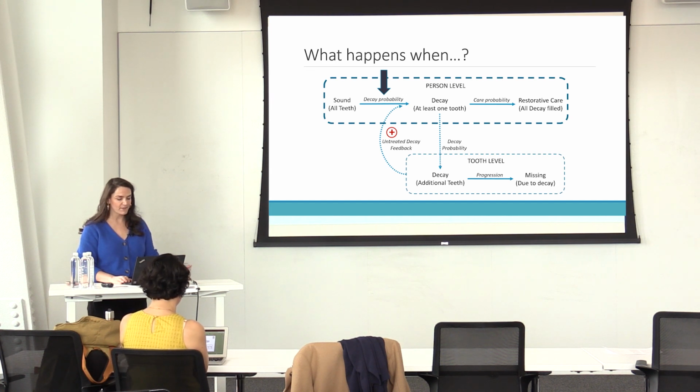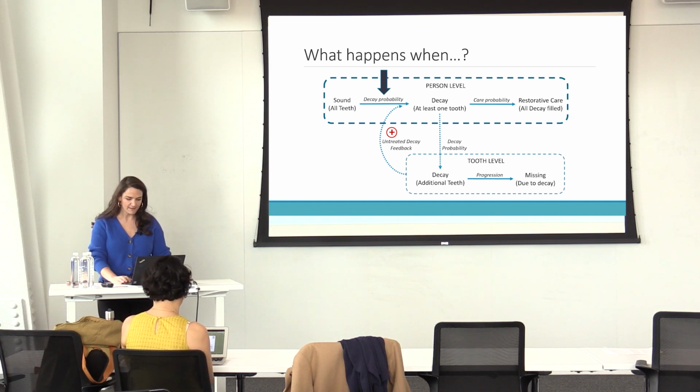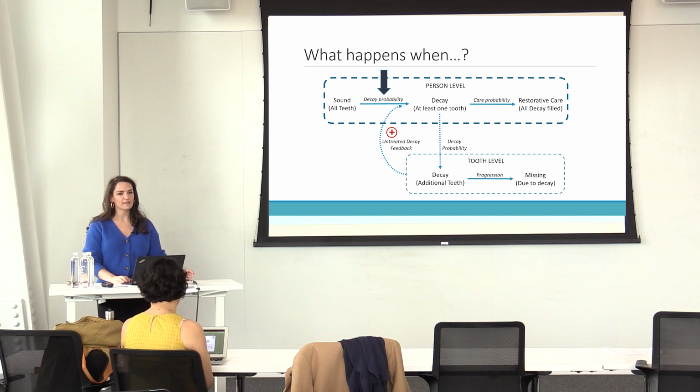So to estimate the baseline parameters for each child, we fit the model to a large empirical data set, and then to evaluate the disparities, we split the population based on those who had caries at initialization, and we called them high risk or low risk. And then we compared outcomes among high risk and low risk kids with respect to how many teeth they had that were decayed, missing, filled at the end of the model run, so after 72 months.